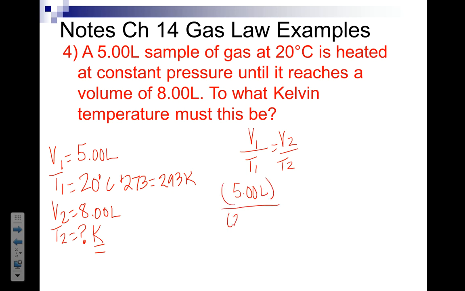T1 is 293 Kelvin. V2 is 8.00 liters, and you're looking for T2. Now be careful with this one because since our variable that we're solving for is in the denominator, you're going